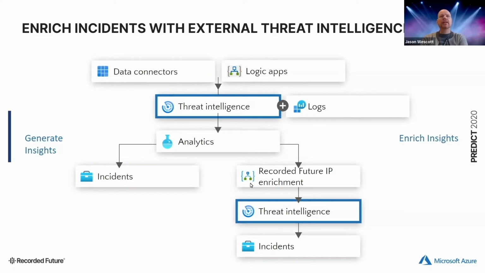And whether that incident was generated because of threat intelligence, as we just talked about, or from any other means, or an insight that was imported into your SIEM from another product, you can still use threat intelligence that is not directly imported into Sentinel, through